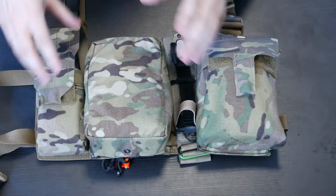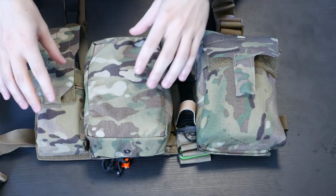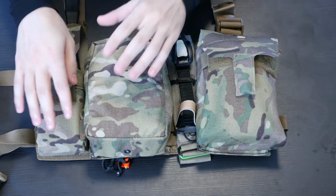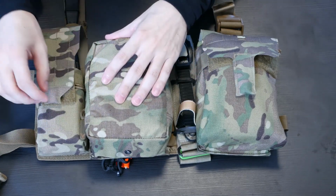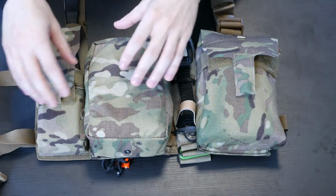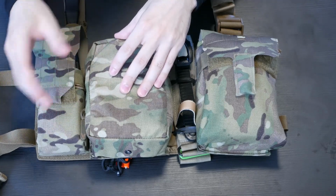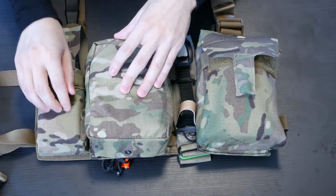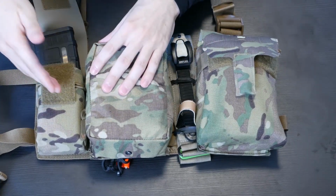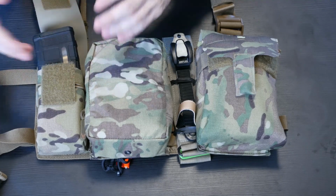One of the things that I'm trying to play with is whether or not I want to have extra magazines on here or leave this spot open for a sidearm. And if you don't have a rifle, that's one of the things you can do with this, if you only have one handgun. You can put something like a Safariland ALS, use one of their QD mounts, and you can attach it to this. That way,